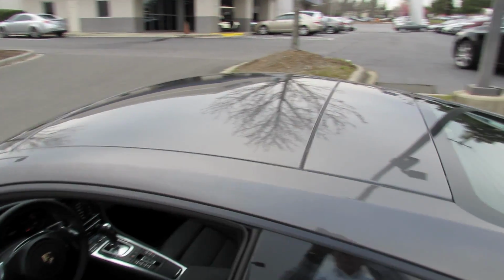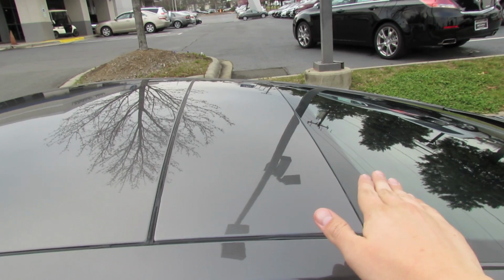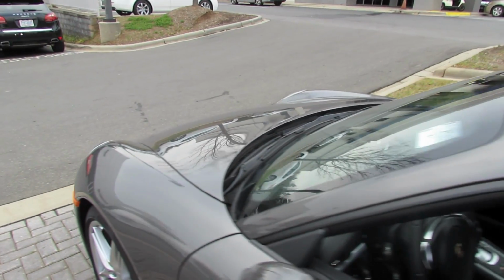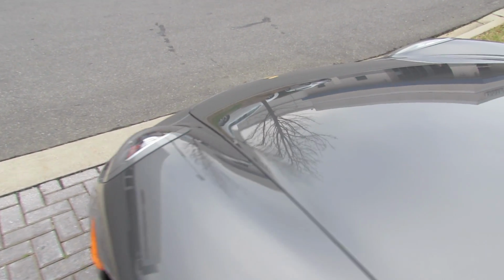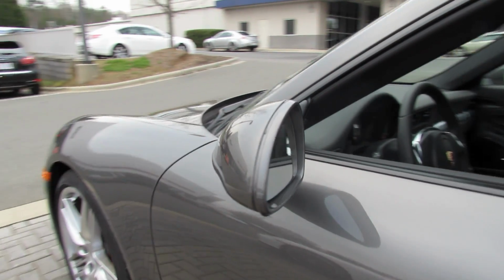You also have a newly redesigned full power sunroof that basically takes this whole panel here, lifts it up, and brings it out over the rear deck versus having a slide-in mechanism. Absolutely beautiful paint finish. This particular one also comes with the rain sensing automatic windshield wipers and your power folding